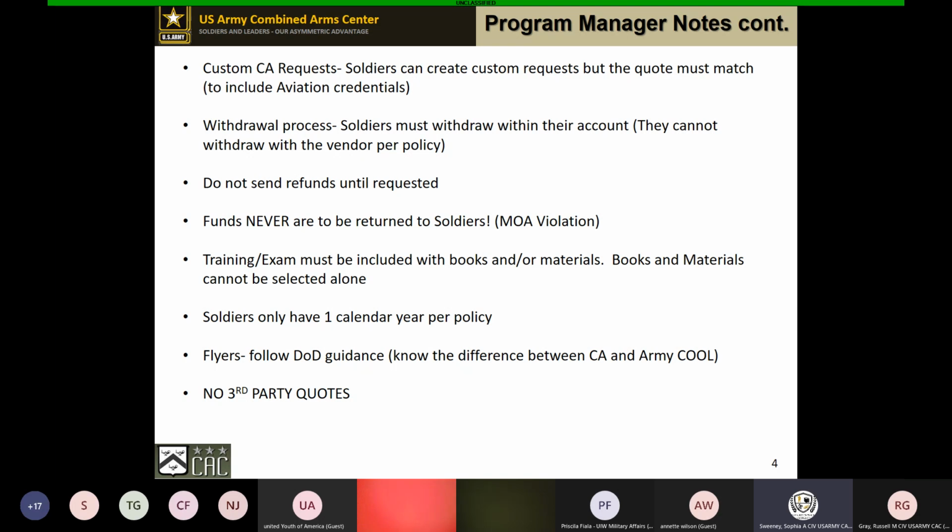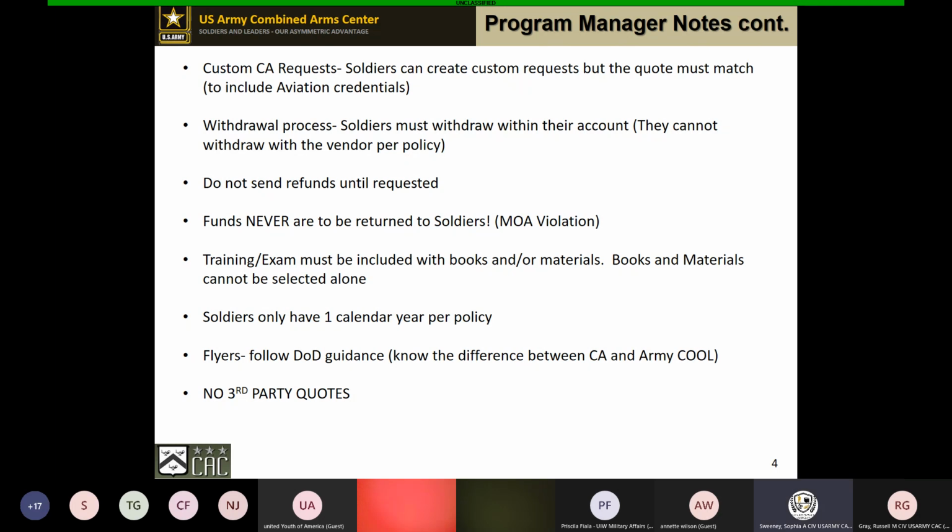Refunds. Oftentimes, out of the blue, the finance team will receive a refund. No clue where it comes from, or maybe there's a name attached to it, but we don't know who it's for. Please don't send refunds unless we request those refunds. The only people that are going to request it is just from our team. Outside of that, please do not send a refund until we request it.